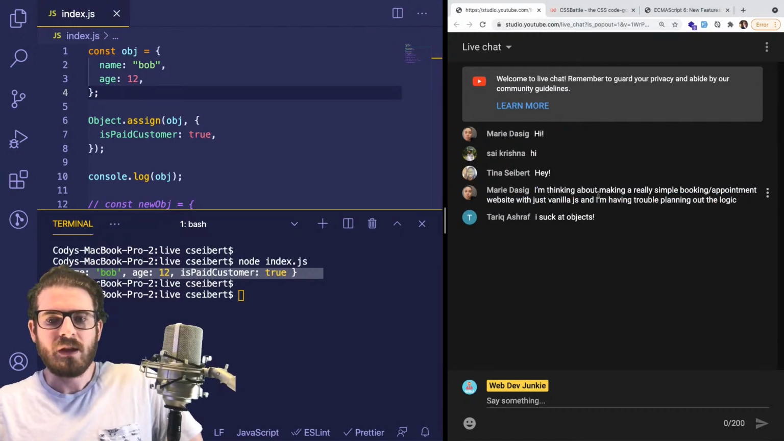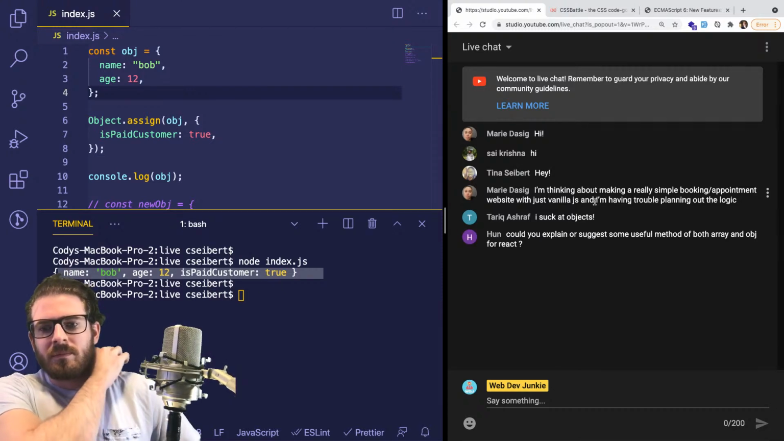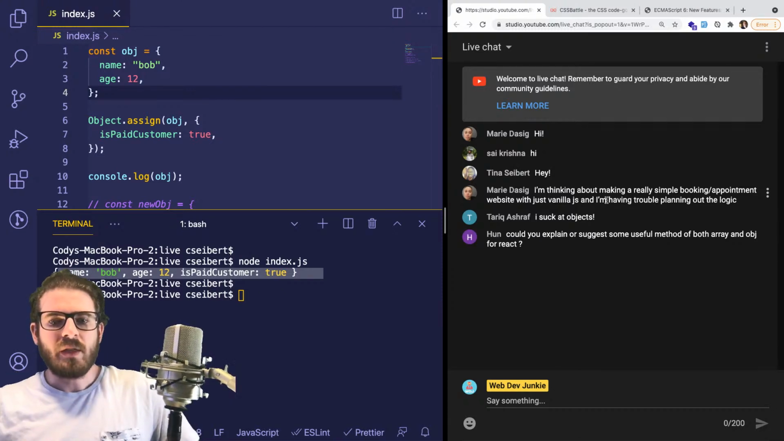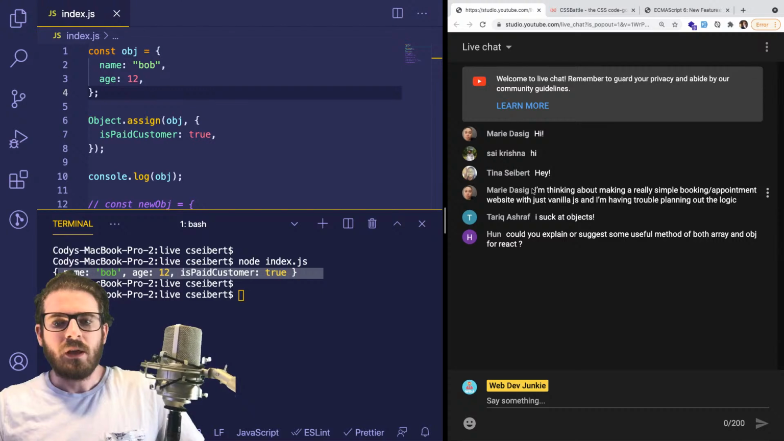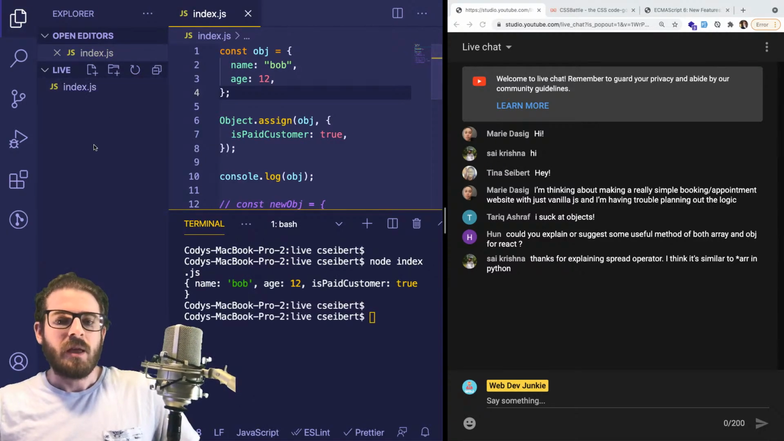So someone asked, I'm thinking about making a really simple booking/appointment website with just vanilla JS. I'm having trouble planning out the logic. So I think I need a little bit more information about what type of logic you're having trouble planning for. A booking appointment website is probably a multi-page application, so you might have different index files, and inside each index file, you probably have, I don't know, let's say